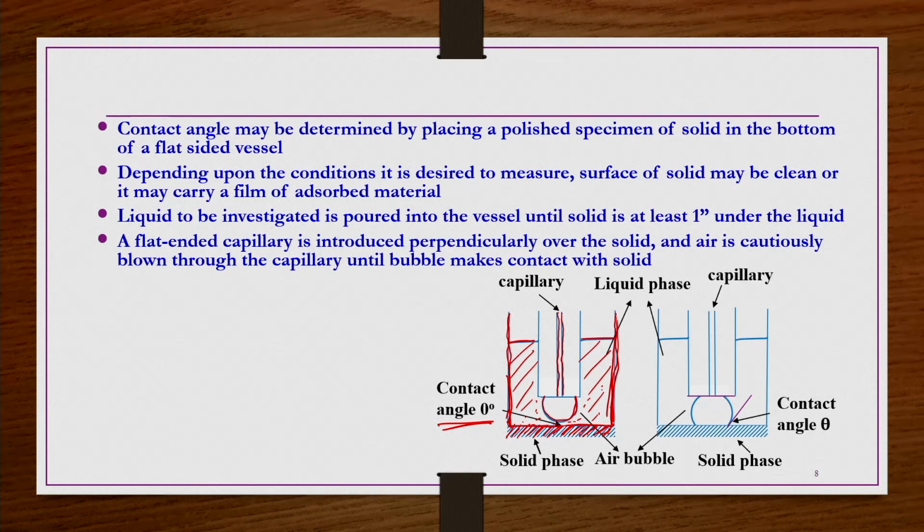So, for this solid surface, when you take these three phases in combination as a system, then the contact angle is 0, okay, because it is not attached to the solid surface. So, if the contact angle is 0, that means the solid is not attached to the bubble surface, or the bubble is not making any contact with the solid. That means it is not going to float, and the flotation is not going to be effective in this case. Okay. So, indirectly, if you have a larger contact angle, more contact between the solid and the bubble phase will take place, and there will be more floatability of that material, and then it can easily be taken as an overflow through the froth from the top.